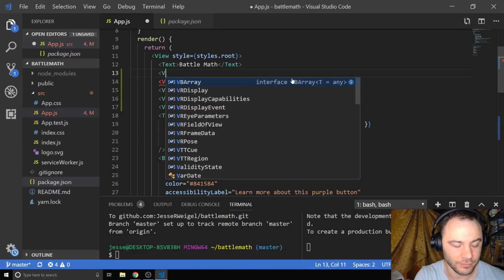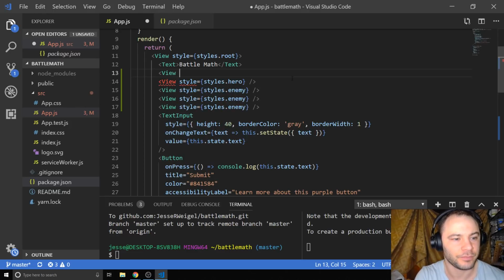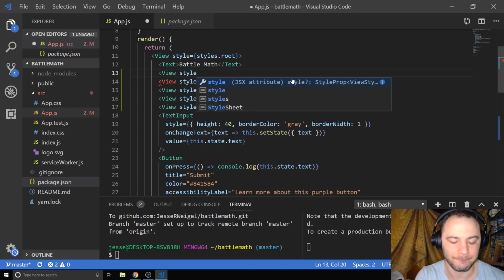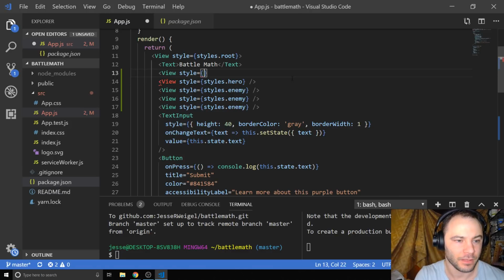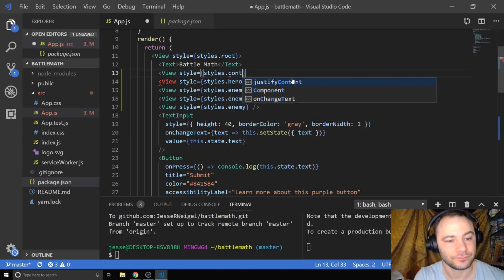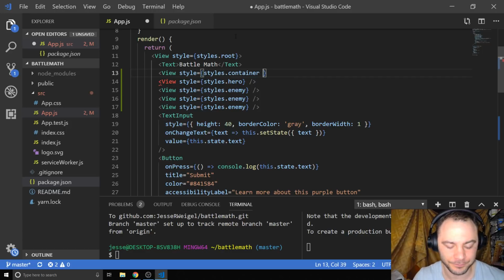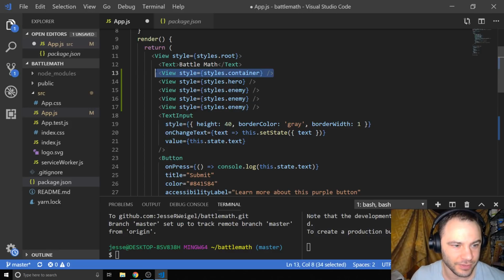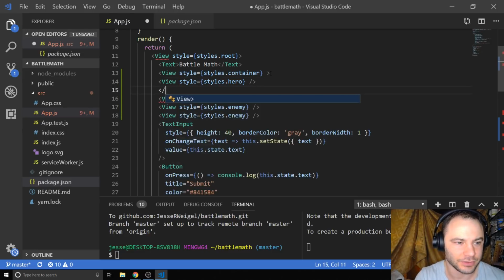So basically we're going to have a view and styles dot container for now, because I suspect that these containers are going to be very similar. So we'll just have this container class. And oops, we don't want to self-close that. We want to actually close this view